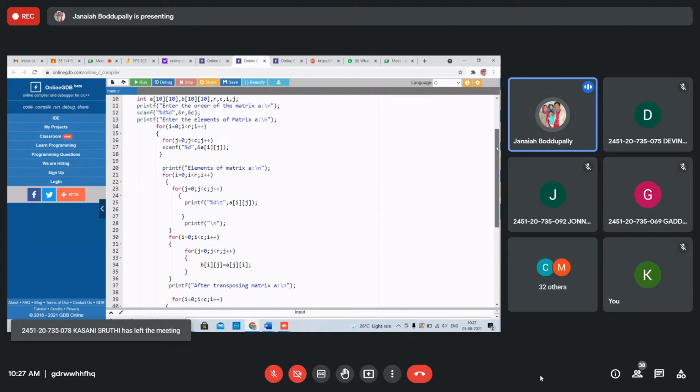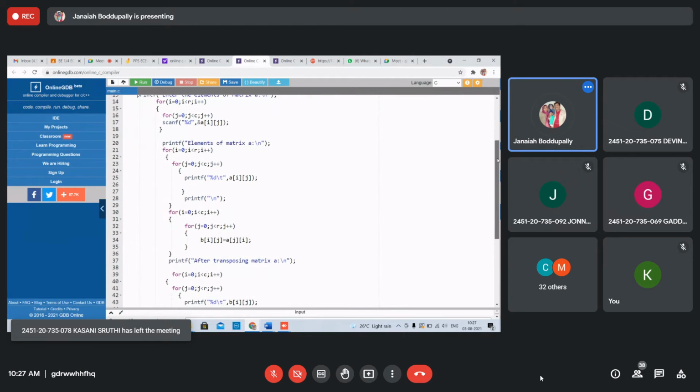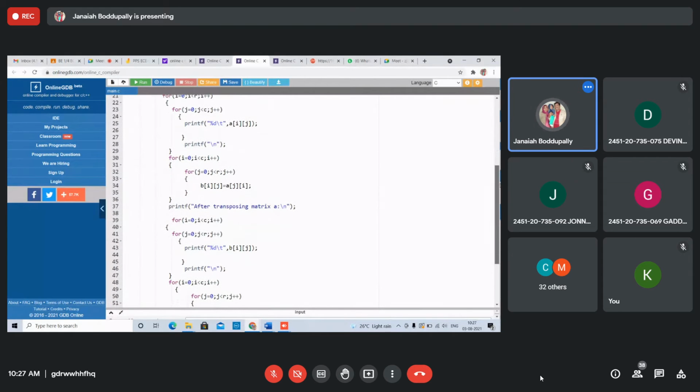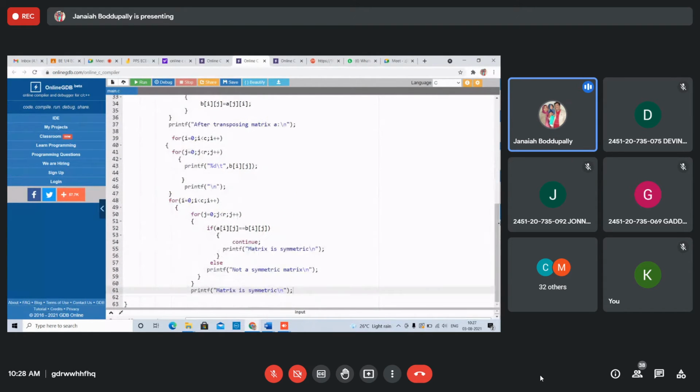Next, transposing the matrix. Same I, J, everything is the same up to this. Next, if A of ij equal to B of ij, continue. After that, in the printf, the matrix is symmetric. Else printf not a symmetric matrix.